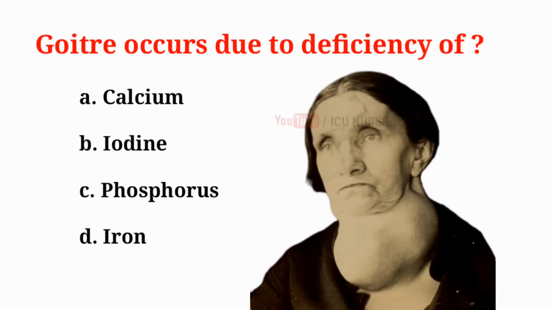Goiter occurs due to deficiency of: A. Calcium, B. Iodine, C. Phosphorus, D. Iron. And the correct answer is